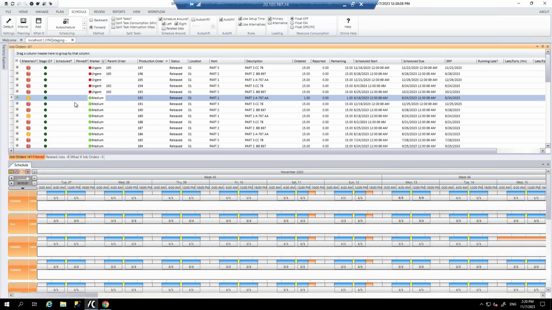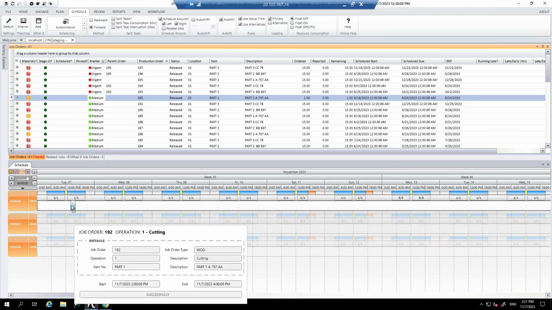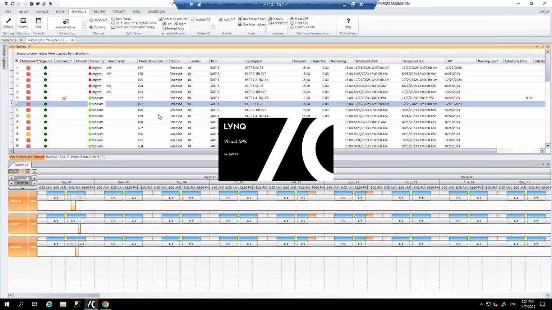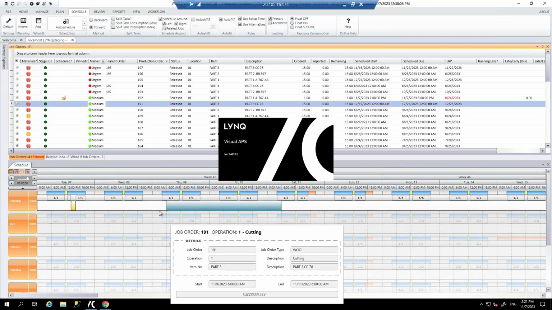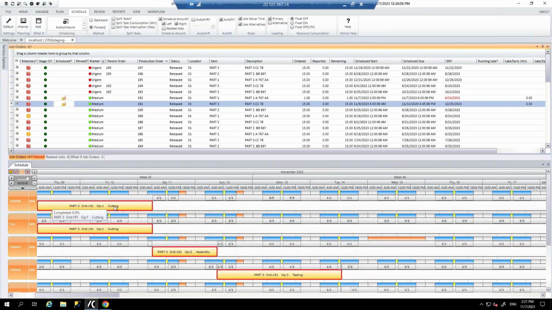All I'm going to do now is just very quickly take this production order. I'm going to load the required resources because it will know what they are, and I'm just dragging it down to the planning board. This is drag and drop. Let's take another one, move it there, drop it on there, a bit bigger this one, you can see it. So here's the production order. There's the first operation. The first operation actually needs a tool, so if that tool wasn't available, you wouldn't be able to schedule this production order. So it's considering secondary constraints there, and then you have the second and third operation scheduled in sequence on the planning board.